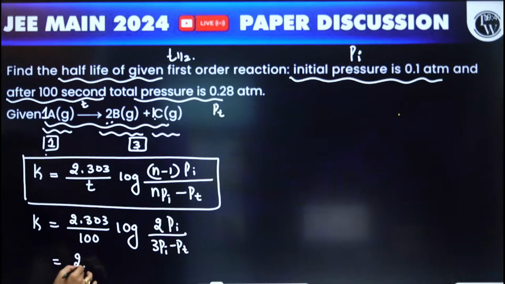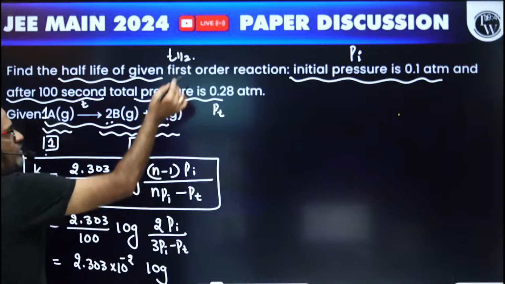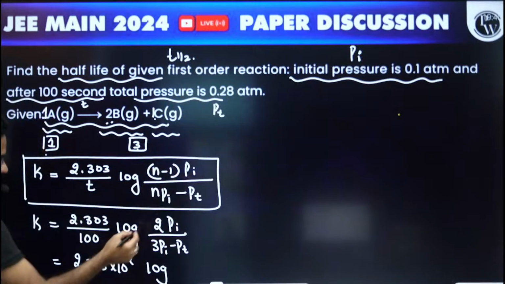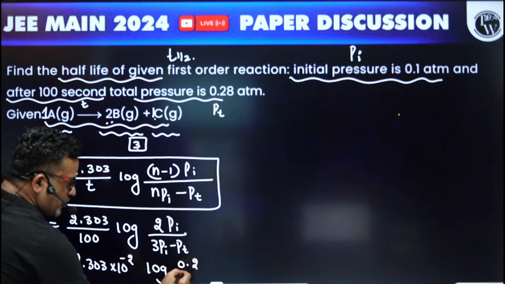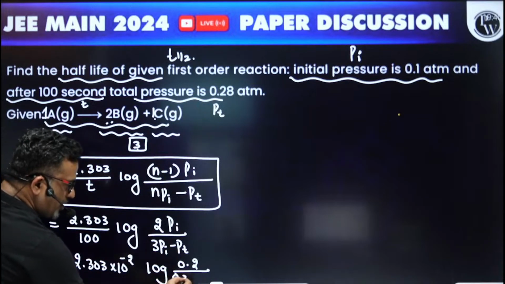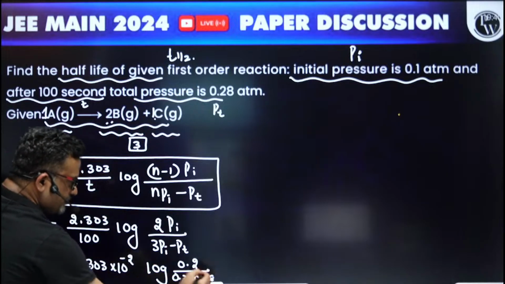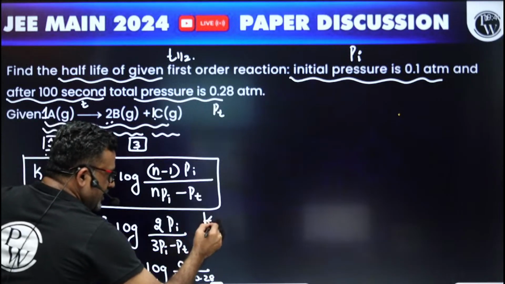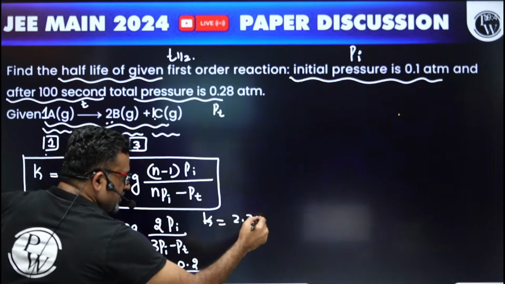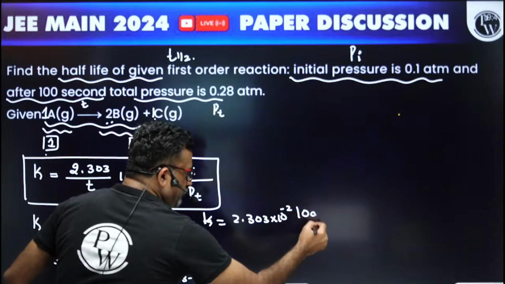2.303 by 100 is 2.303 into 10 raised to minus 2, into log of 2 into Pi. What is Pi? 0.1. 2 into 0.1, 0.2. 3 Pi. 3 into 0.1, 0.3. What is the total pressure at the end? 0.28. So your answer could be K is equal to 2.303 into 10 raised to minus 2 into log of